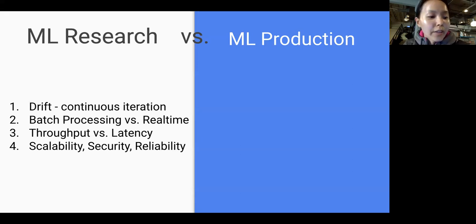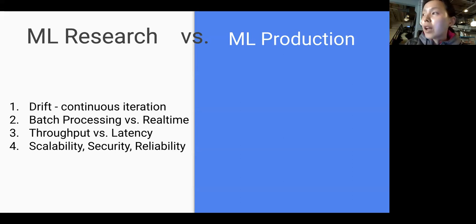The next one is throughput versus latency. In ML research, throughput is what they're more interested in, because they just want to train the models as soon as possible. But the model serving latency doesn't really matter, since they don't have customers, so how fast the model makes a decision is not their problem.